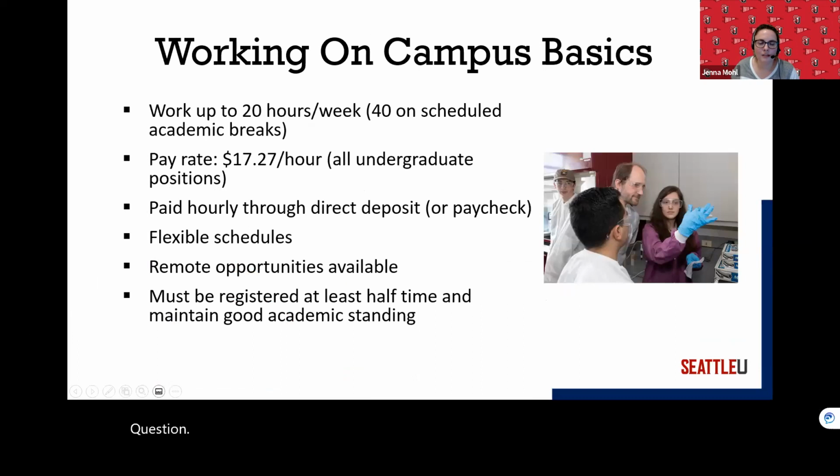let's move on to working on campus basics. So students can work up to 20 hours a week while they're enrolled in school, or 40 hours per week during academic break. So that would be summer break, spring break, and winter break. The pay rate is the City of Seattle minimum wage, which is $17.27 per hour, and that does apply for all undergraduate